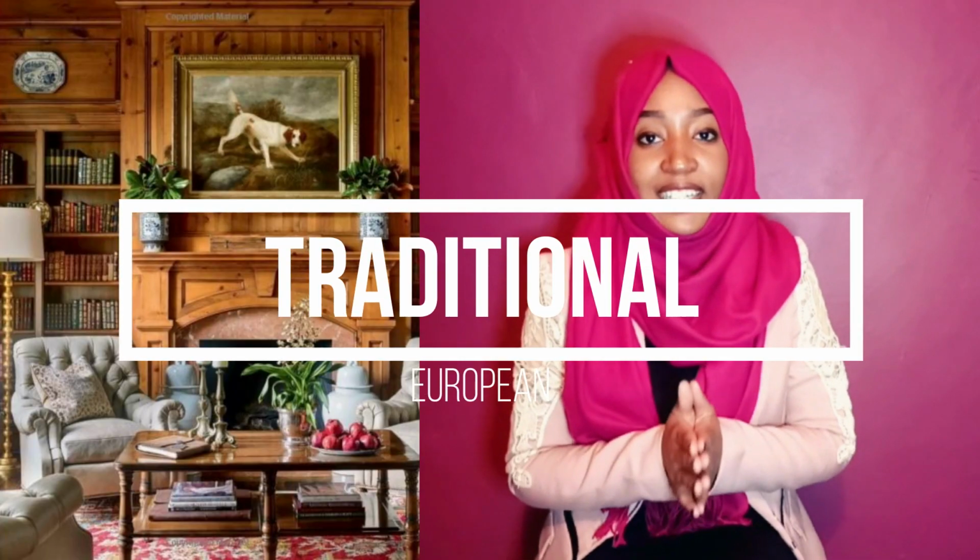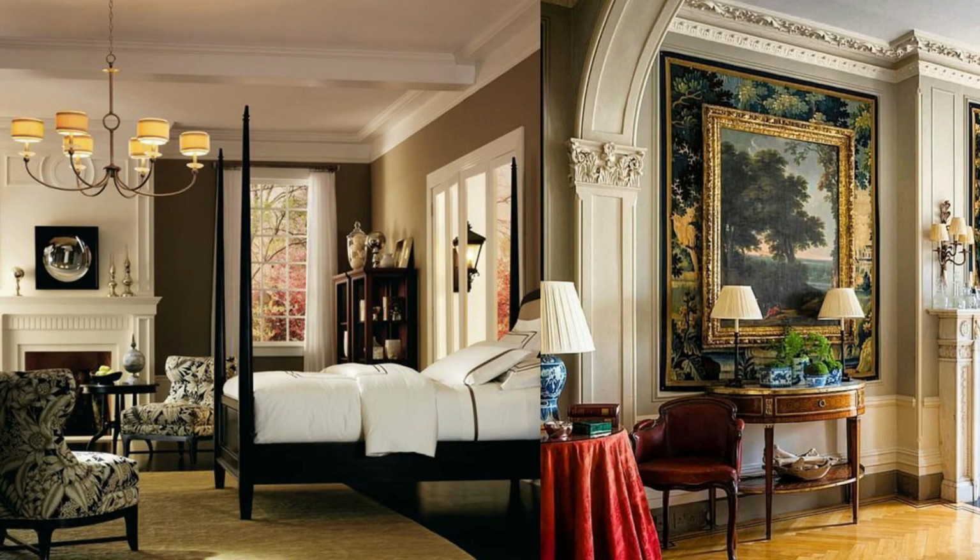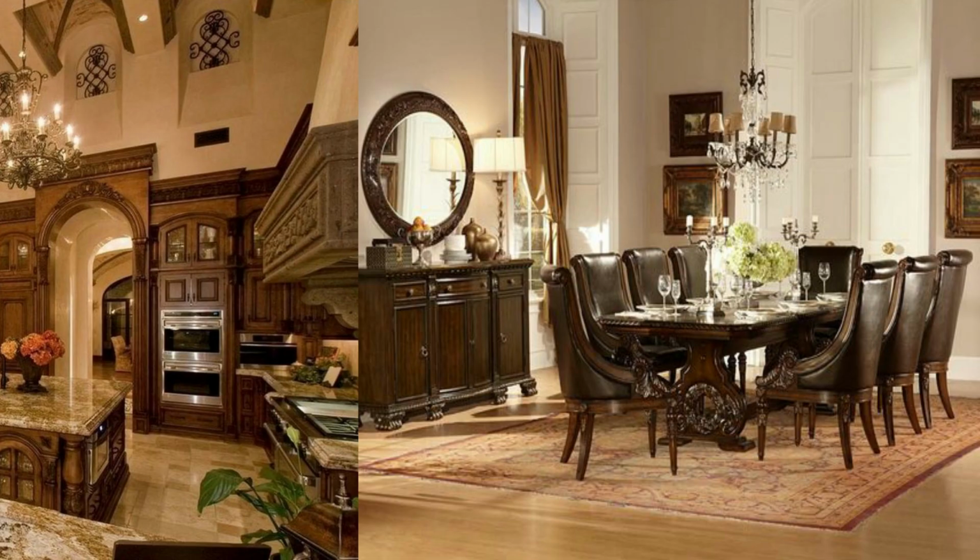The next interior design style we're going to be talking about is the traditional interior design style, and this particular style is inspired by the 18th and 19th century European decor. It is a timeless style that exemplifies elegance and comfort. This particular style is perfect for those who love antiques, classic art pieces, symmetry, and design elements that are rich